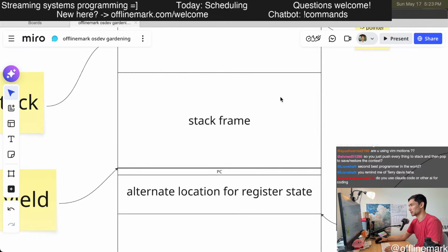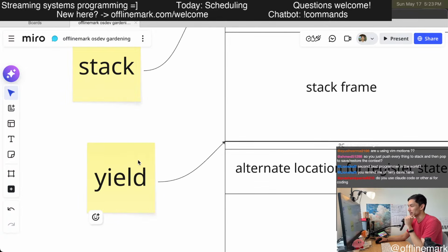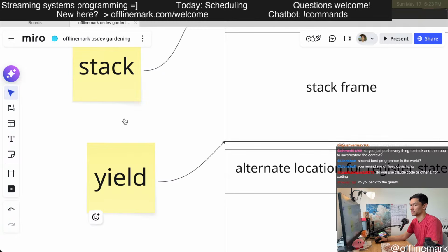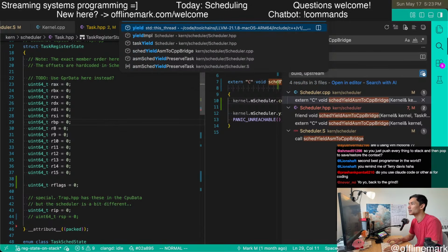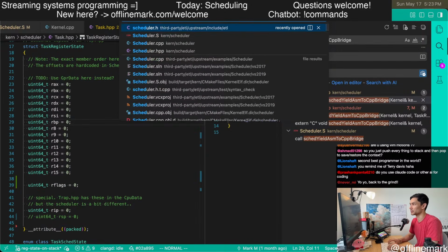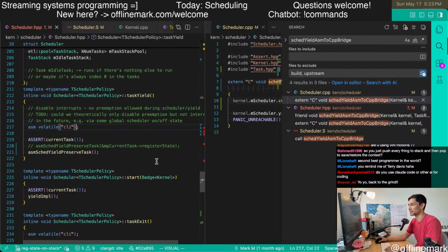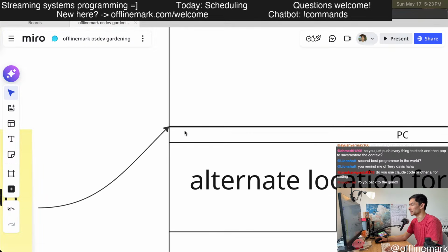A function, the task is running some kind of stuff. It does a yield. It does task yield, right? Task yield. What are we calling it here?